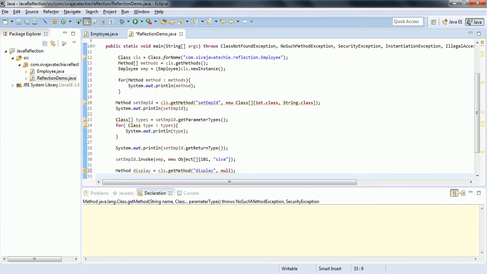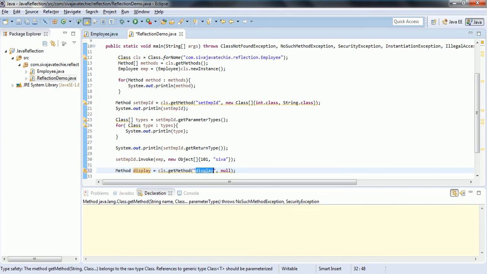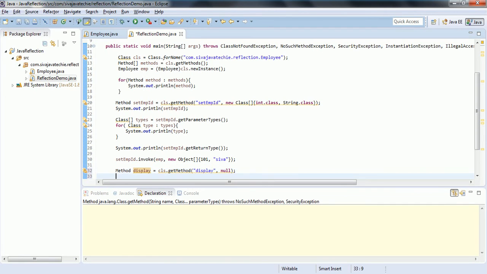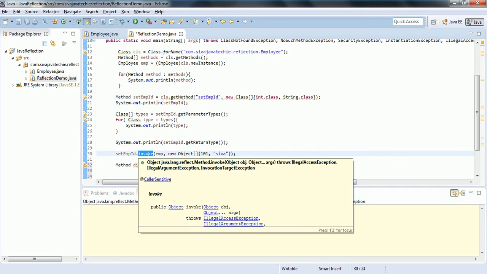Now this is going to return me an employee method. It is going to inspect the employee class, and return the method which is declared with the display name.